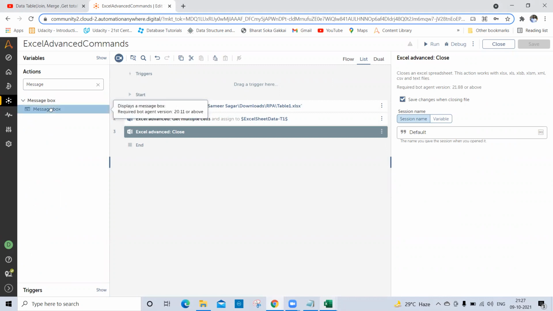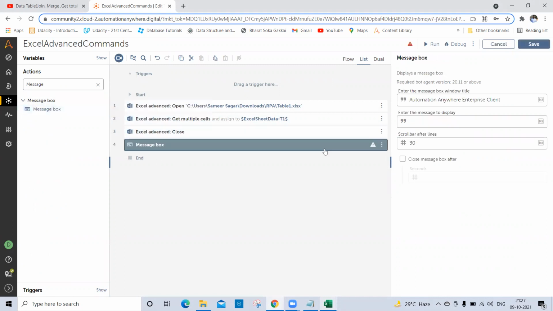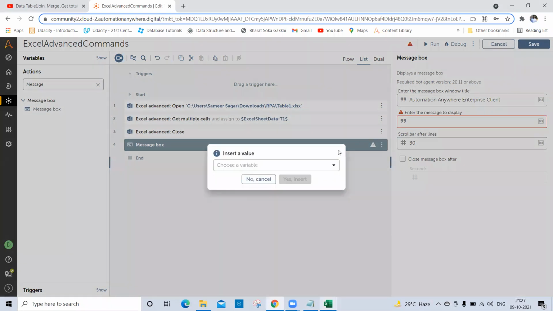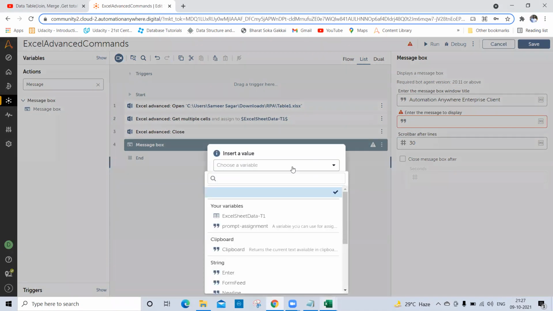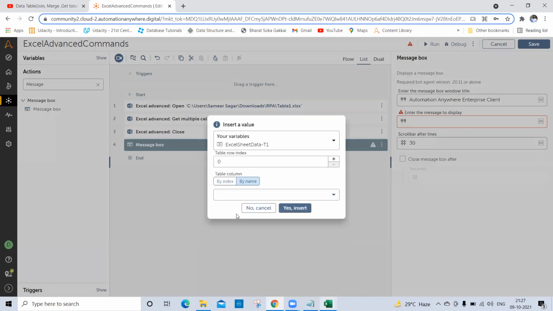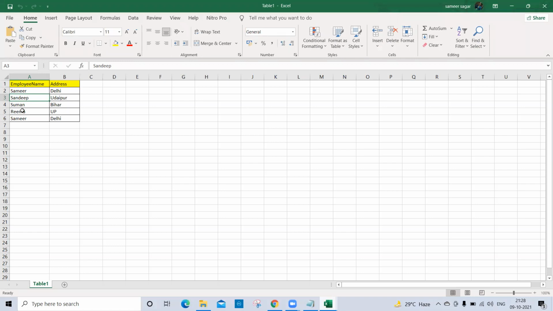Double click on that action, or press F2 here. We can have that record variable here, right? So here I'll select this variable. Here it is asking, as I told you, the value Sandeep is stored at A3. So I want to get this value and display it.